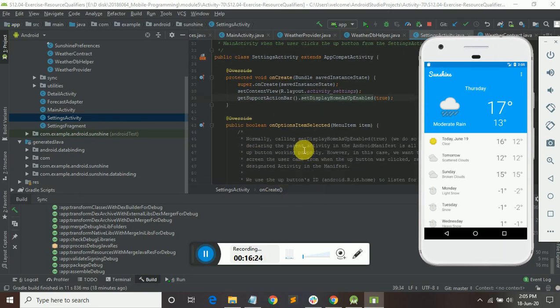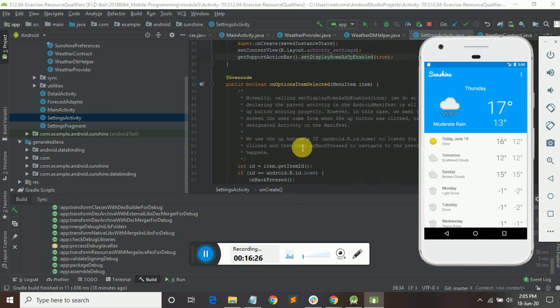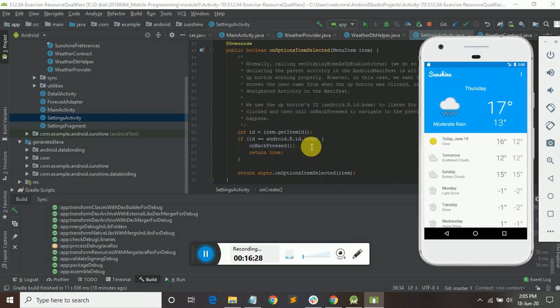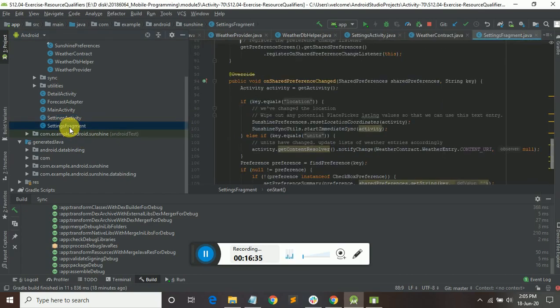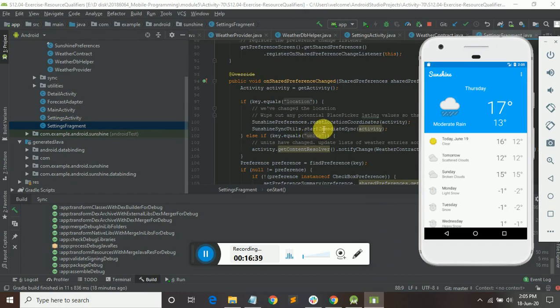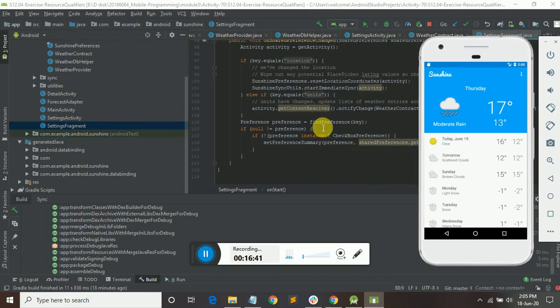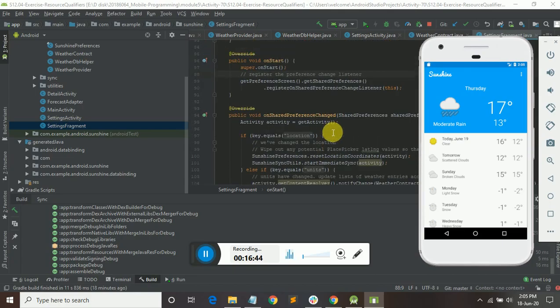And next, on options item selected for the menu item, in the sense what items should be present on the page, it shows that. And like settings fragment, these all also belong to the settings, what are the main preferences you need to change. Like I already said about shared preferences, in the sense that based on the preference, I gave an example, com dot solution underscore preferences, in that way.